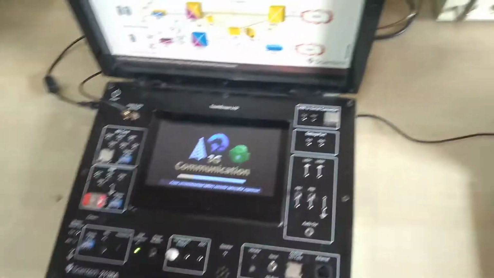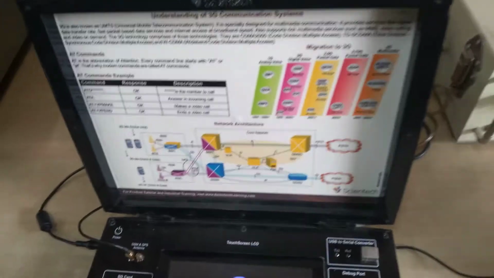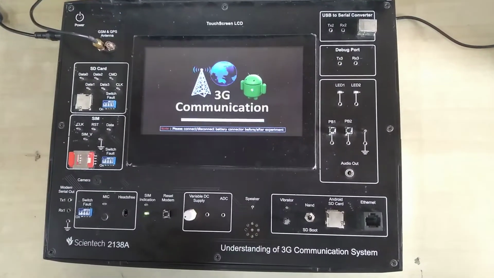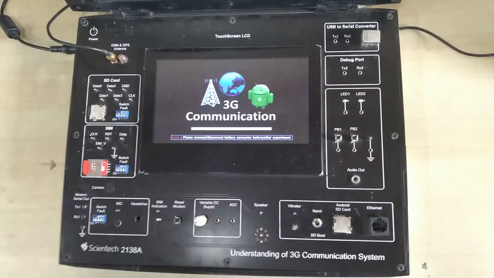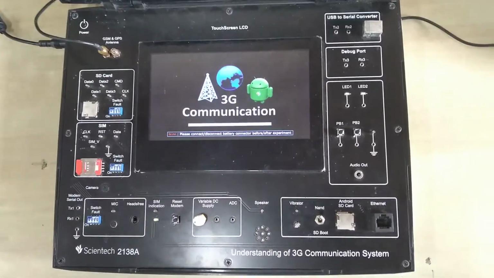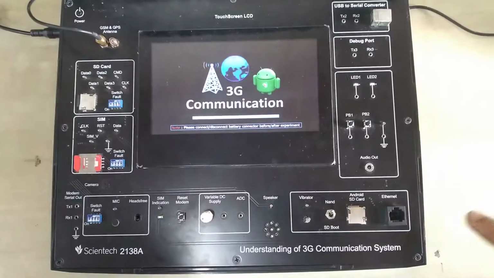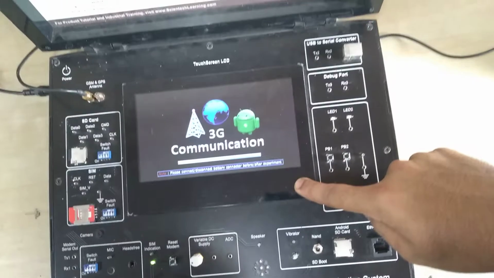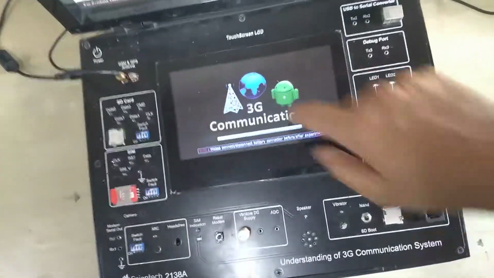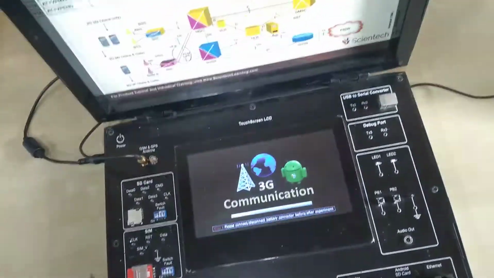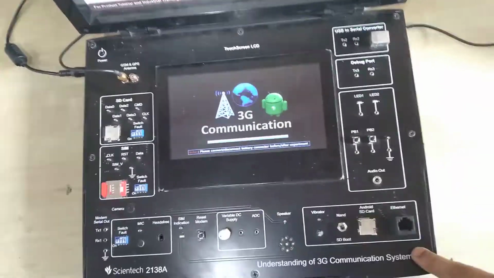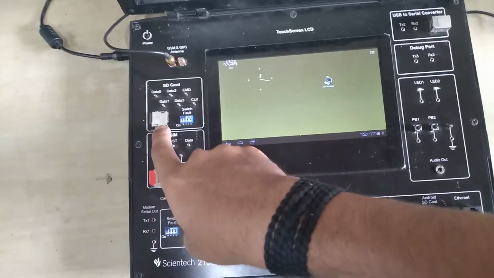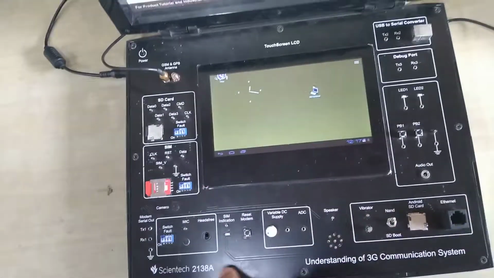So, this is the kit for today's practical. This is a normal Android phone. This is a tri-band kit. It supports the 1800, 1900 and 2100 frequency bands. In the kit you can see a touchscreen display, which has the Android OS pre-installed. This is the antenna, which is connected outside for getting internet range, and this is the SIM card slot, SD card slot, SIM card slot. These are some switches.